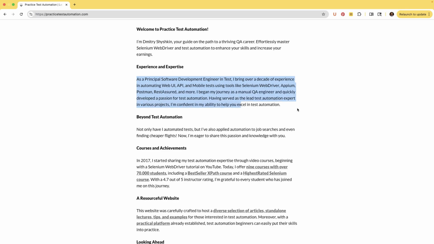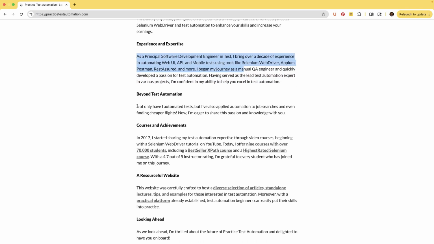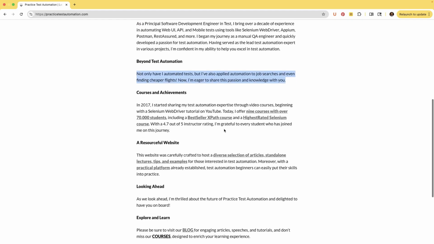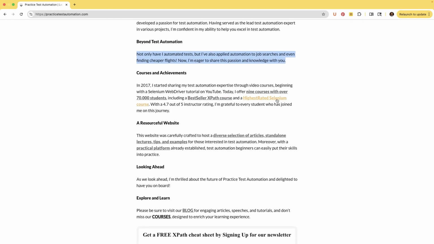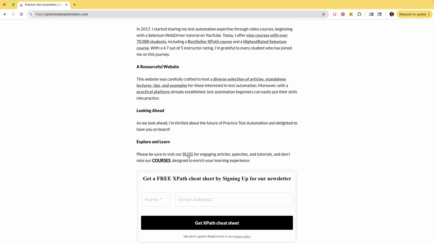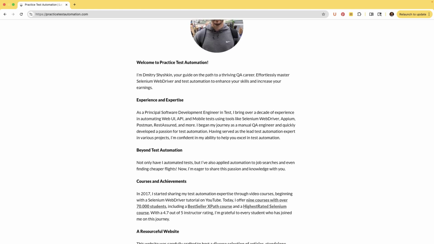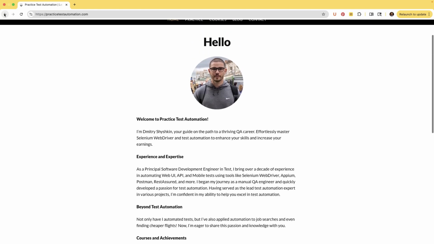For example, this is a welcome message, and it might say that this font is very small, or this font is not that popular, and other things like the hyperlinks on the page here are not highlighted in blue, so the real user doesn't know that it is a link, or he cannot identify the links on the page because he has to go through each and everything. And it can also check whether the link is working, or other non-technical things like the user intuition, how the real user would experience it.